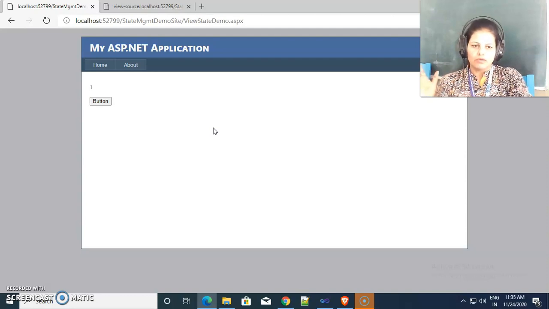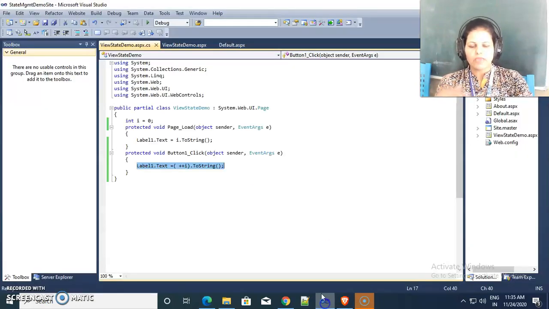Whenever page load occurs, all the initialization is done first, then page load occurs, and then whatever events, such as button click, will happen. So each time initialization takes place. In our example, each time i will be initialized to 0, so we are not getting i's old value.